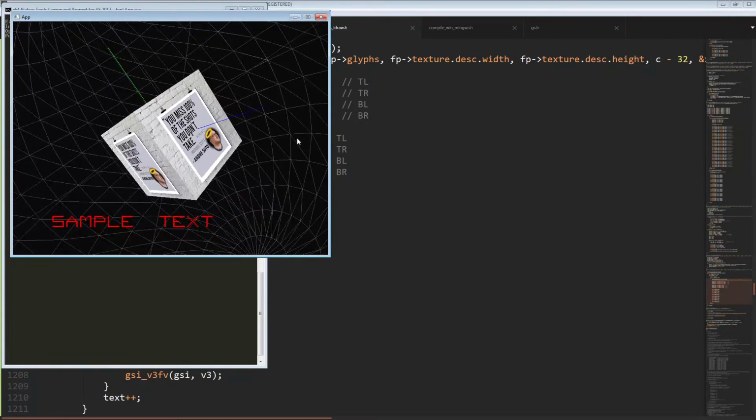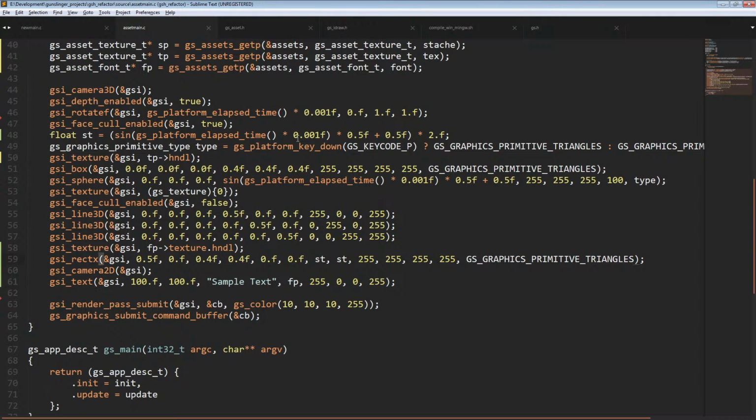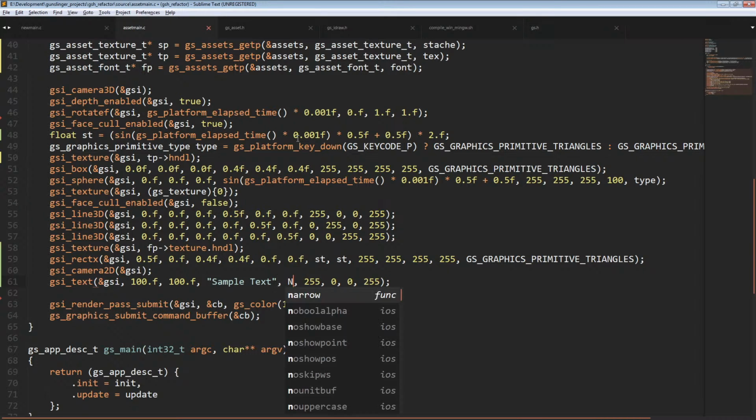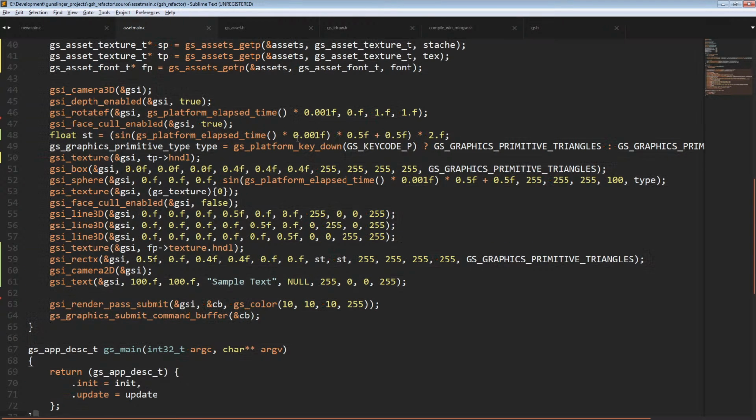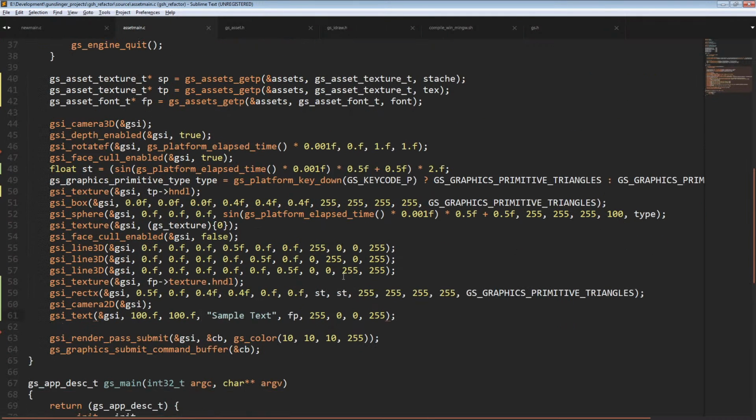So we have some simple text rendering happening now. One thing I might do is have the ability to do this. So if you pass in null, what it'll do is grab a default immediate mode font. So I think I'll do that next, and then we should be more or less done with the immediate mode